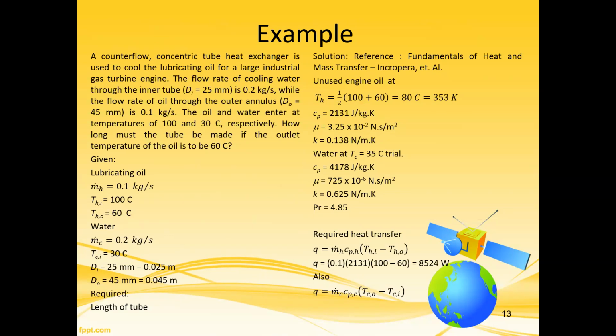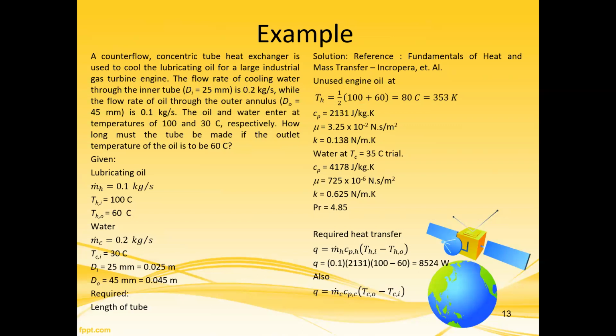A counterflow concentric tube heat exchanger is used to cool the lubricating oil for a large industrial gas turbine. The flow rate of cooling water through the inner tube, with D_i equal to 25 mm, is 0.2 kilogram per second. A concentric tube, also called tube in tube, is a tube inside a tube, a heat exchanger. The flow rate of oil through the outer annulus, with D_o equal to 45 mm,